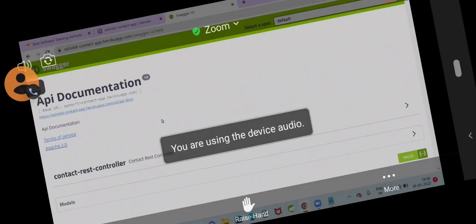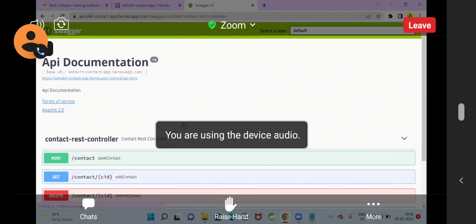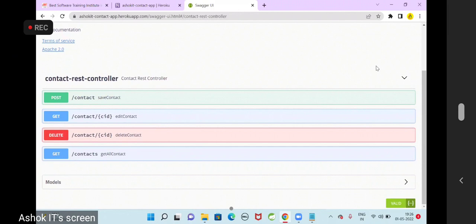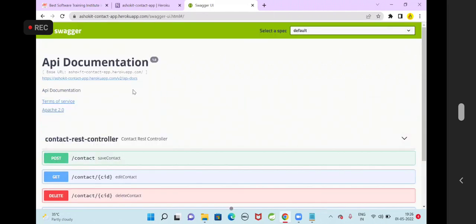The contact application is available. Can you see how many methods are available in my backend application? There are 4 methods available. One is the post method, and /contact is the URL. Can you see the base URL of my application? This is the base URL of my